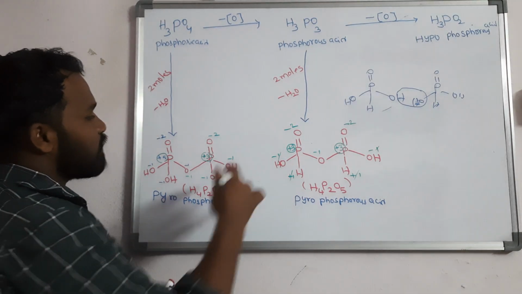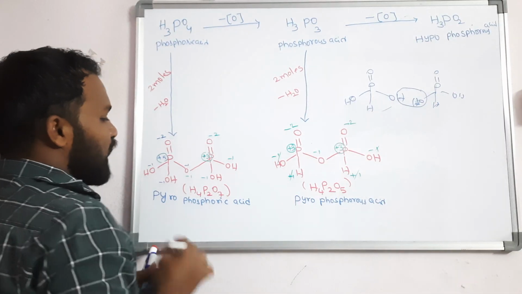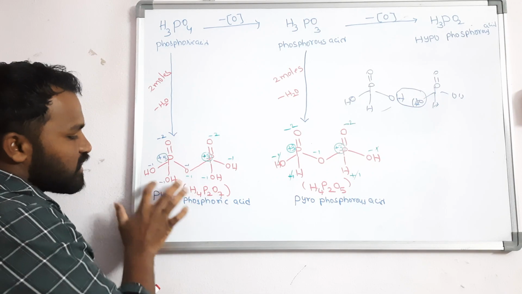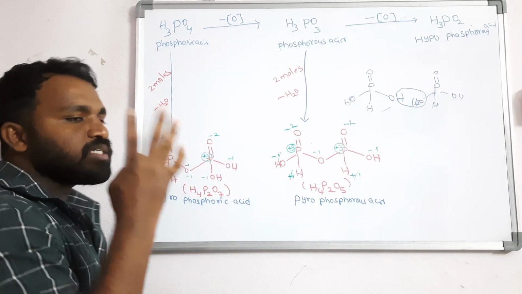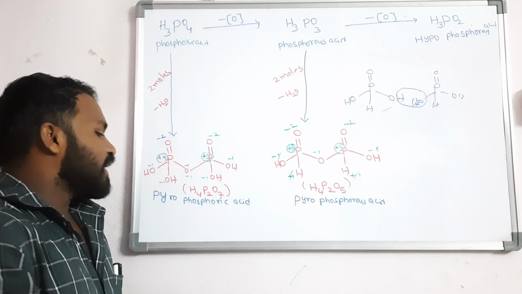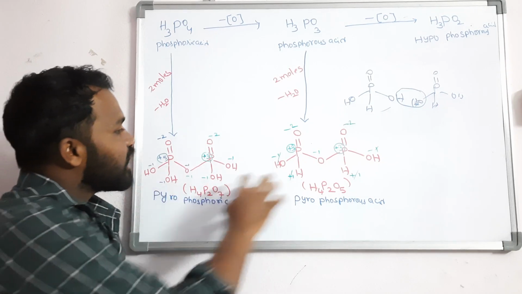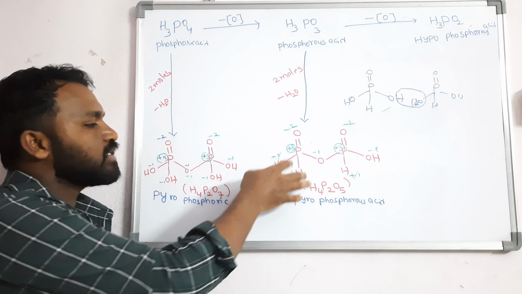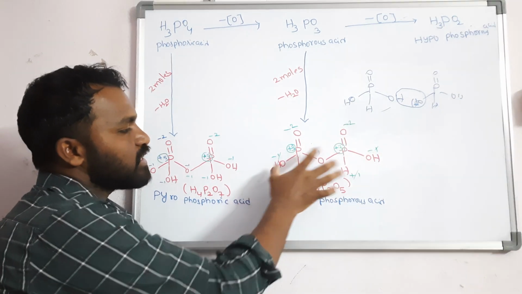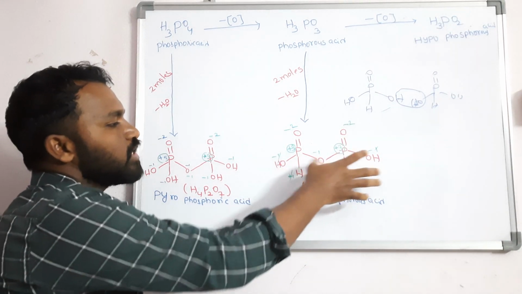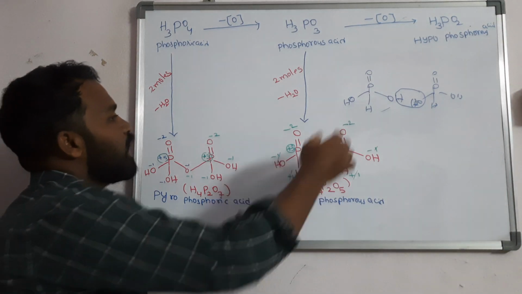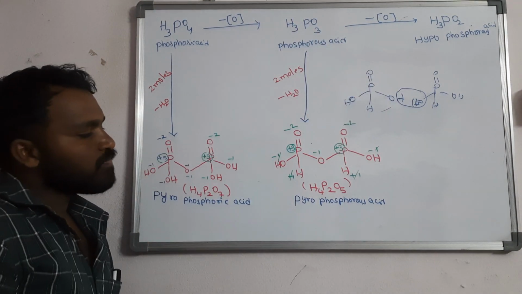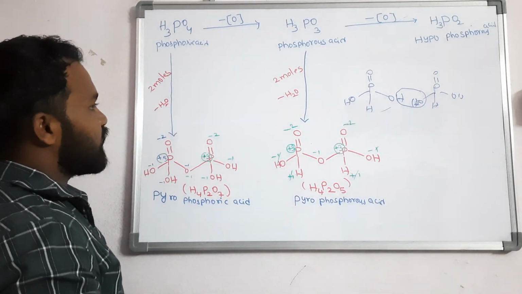The same question they will repeat, P-O-P bonds, and you should remember this is a tetrabasic acid. OH, OH, OH: how many OH? 4 OH are there. This is a tetrabasic oxyacid. Here it is a dibasic oxyacid. Sometimes they may frame it like this: which of the following is dibasic among these? So OH, OH; this is dibasic, and the single form H3PO3 is also dibasic, right?